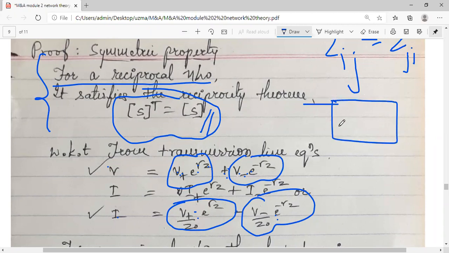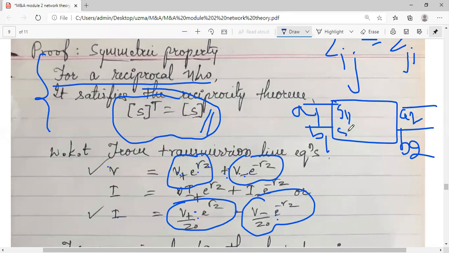So keeping this in our minds, if you take a 2-port network, you have taken this A1 and B1, A2 and B2. The figure need not be drawn one more time. I'm not drawing, but for a proof, you should draw. Better to draw this figure. So you have a 2-port network here. You have S11, S12, then S21, S22. Okay. So please complete this figure, which we have already seen how to get the equations.